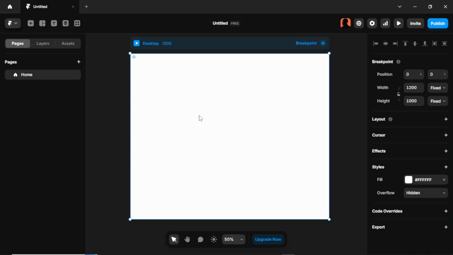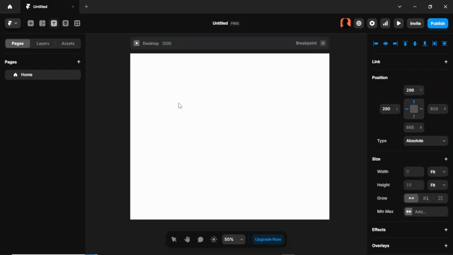I'm just going to hit T on my keyboard and then click on my canvas. So I can just type hello world. So this is our text right here. We can increase the size from here, or we can scroll down here